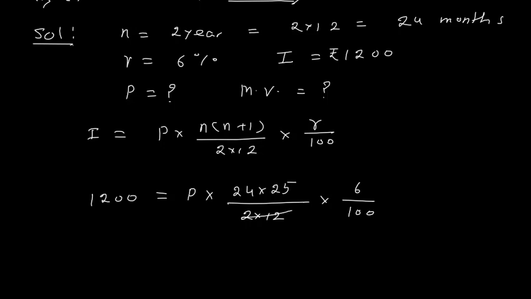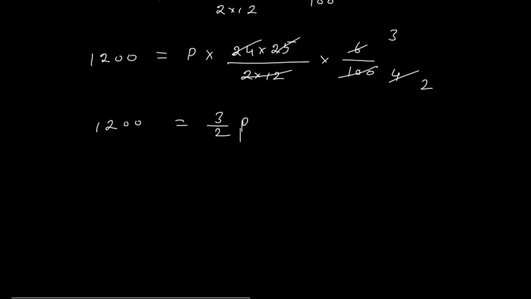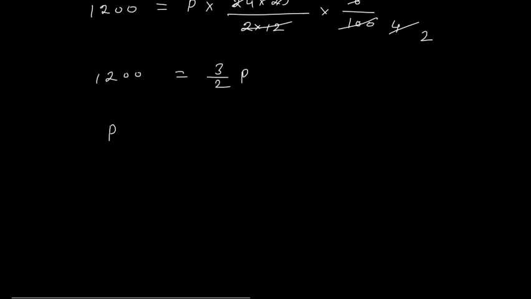Okay, so now this 24 cancels, and I will say okay, with 25 1s are 25, 4s are 100, then 2 2s are 4, 2 3s are 6. So here we have 1200, and on this side we have 3 upon 2 times P. So P will be equal to 2 upon 3 into 1200. Okay, so this 3 upon 2, when it transfers to the left hand side, it will become 2 by 3. As here it is multiplied by P, so here we have to reciprocate it, 2 upon 3.